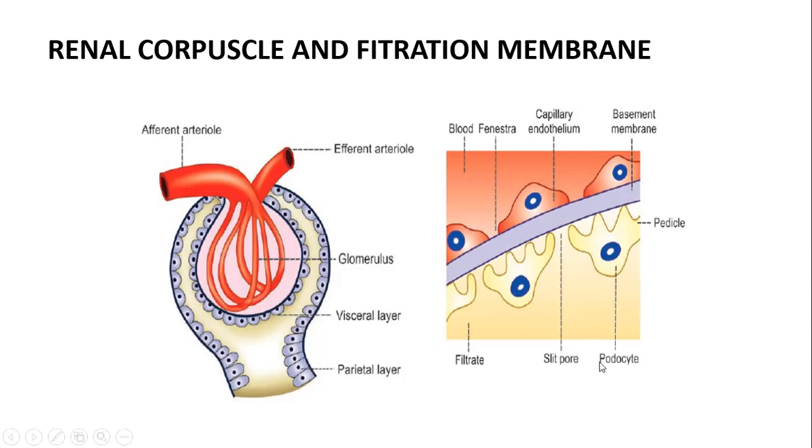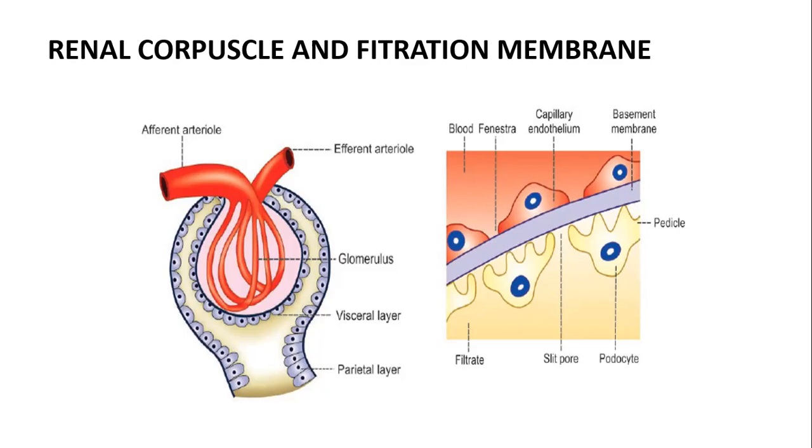So here is the filtrate, then there's the slit pore, and there are also podocytes. Podocytes are cells found on the other side, outside of the Bowman's capsule, which we'll talk about later. Here there are slits there, and slits there. If you go into detail, you're going to find that there are about 3 layers which substances need to cross after